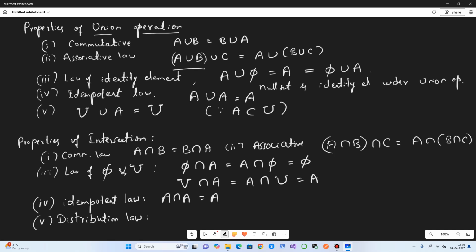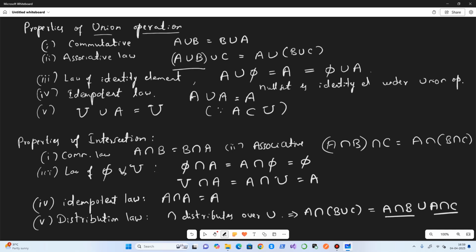Intersection distributes over union. What does it mean? A intersection (B union C) is equal to (A intersection B) union (A intersection C). So we can see that the intersection is distributed over the union.